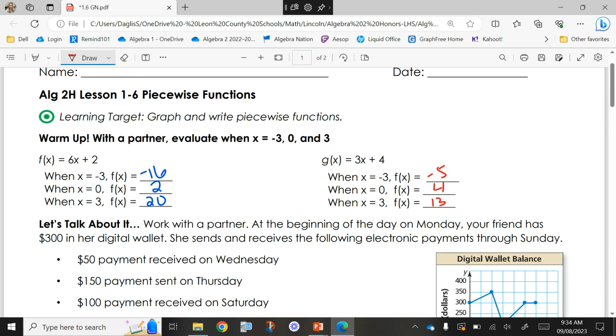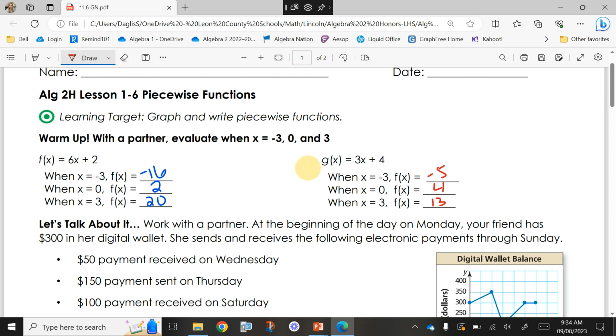We can evaluate? When we say evaluate when x equals this, you literally replace the x with that value, right? So 6 times -3 plus 2. 6 times 0 plus 2. 6 times 3 plus 2. Okay? Keep that in mind, because when you evaluate a piecewise function, we kind of touched on this earlier, piecewise